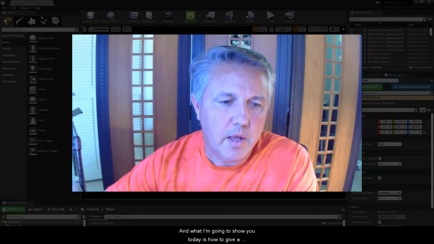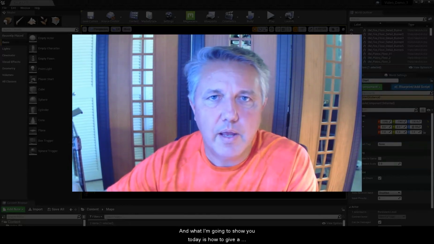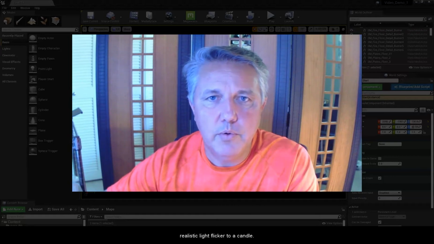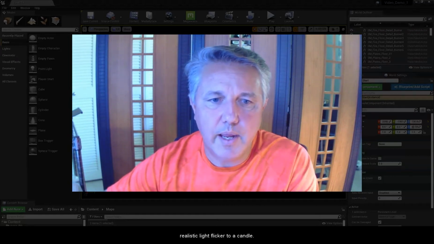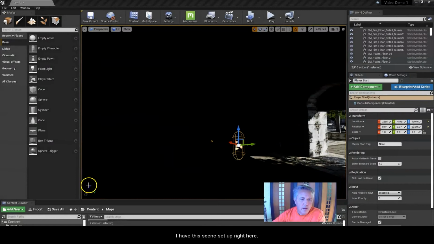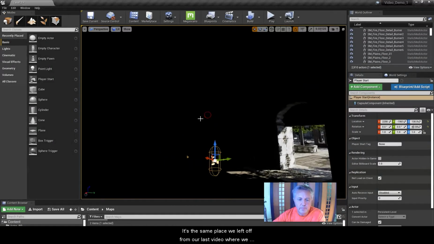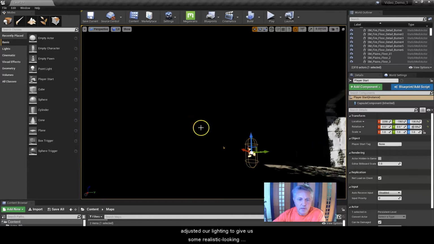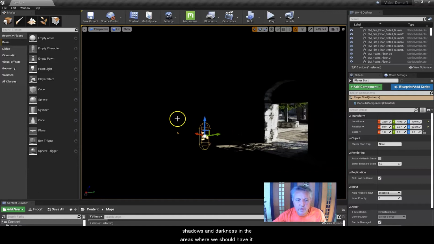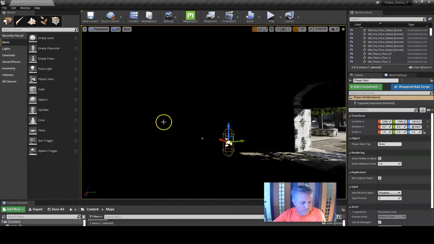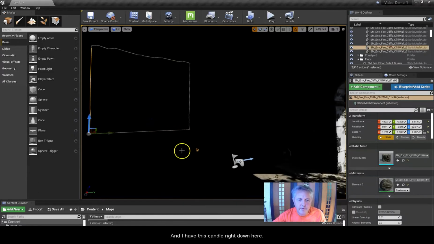And what I'm going to show you today is how to give a realistic light flicker to a candle. I have this scene set up right here. It's the same place we left off from our last video where we adjusted our lighting to give us some realistic looking shadows and darkness in the areas where we should have it. And I have this candle right down here